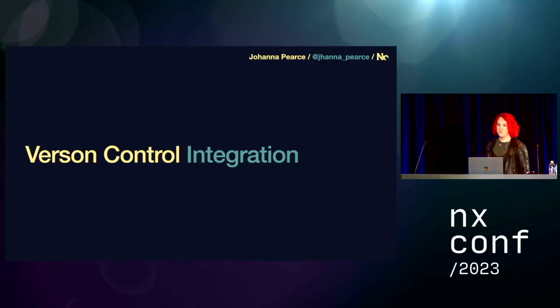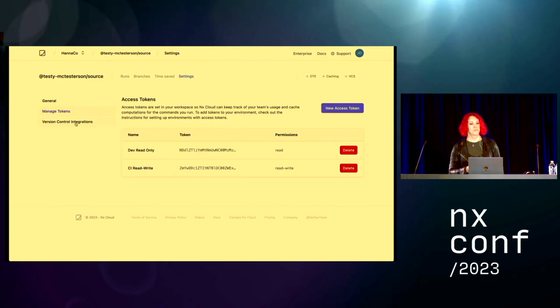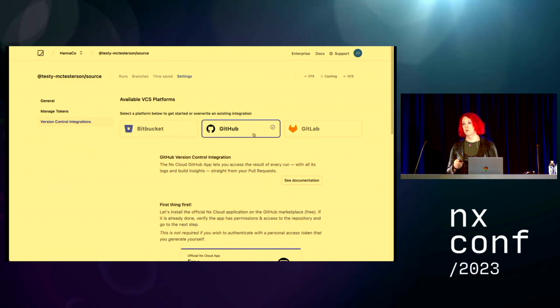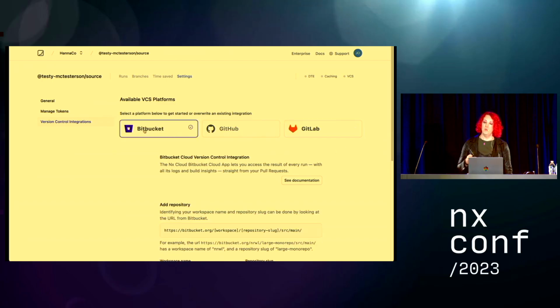Right. So next thing we might want to set up is version control integration. Now, we currently support Bitbucket, GitHub, and GitLab. And when integrated with any of these providers, Nxcloud will be able to post a report on each of your pull requests, giving an update on which tasks are currently running, what's already succeeded, and perhaps more importantly, what has